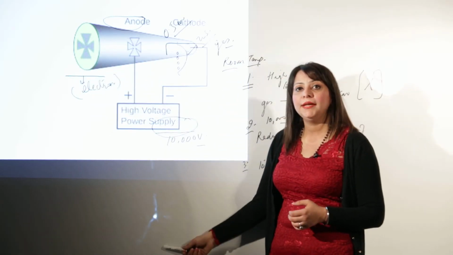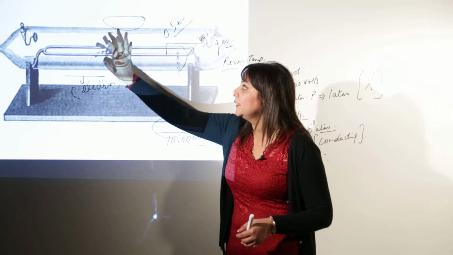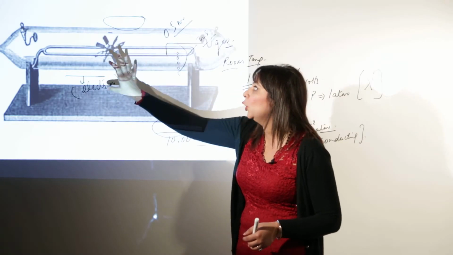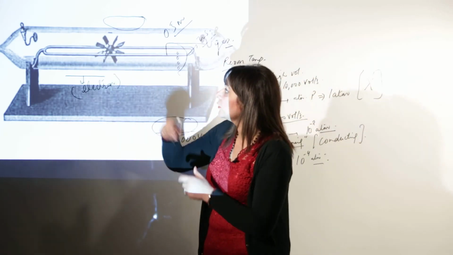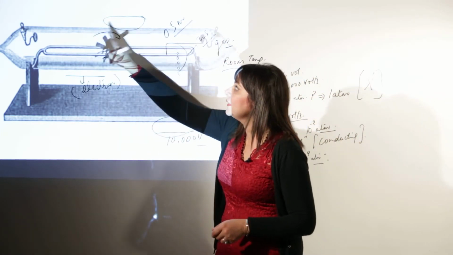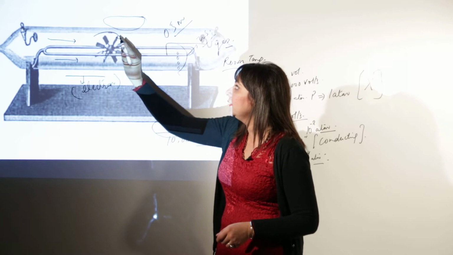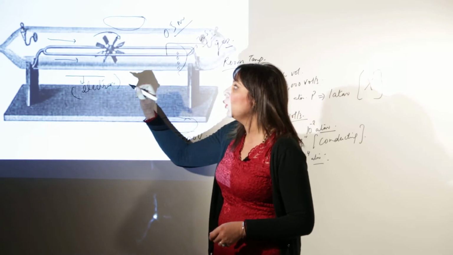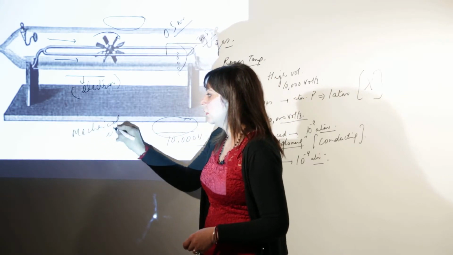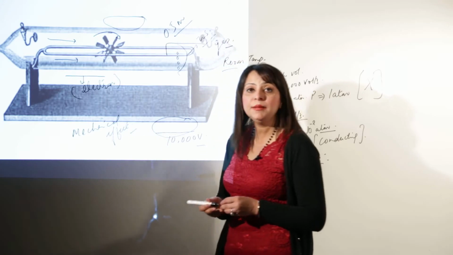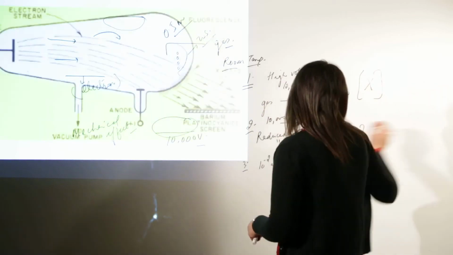The second property being, when the paddle was placed with the help of an axle and all, what happens? When cathode rays were emitted, they made the paddle move in this direction. If the cathode rays are emitted from this side, it made the paddle move to that side. This shows that the cathode rays can also produce a mechanical effect. Since they can rotate the paddle, that means they can produce a mechanical effect. The third property being,